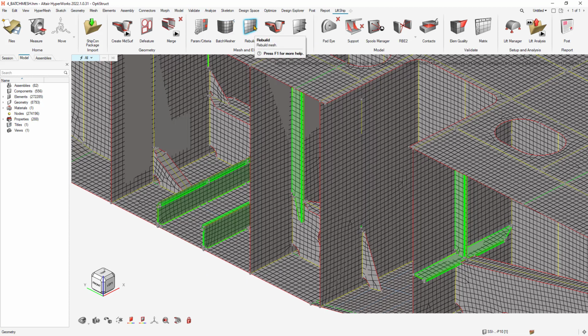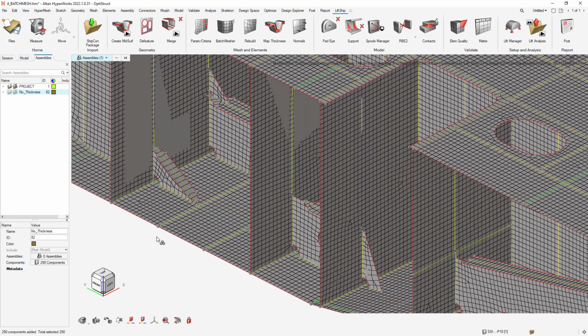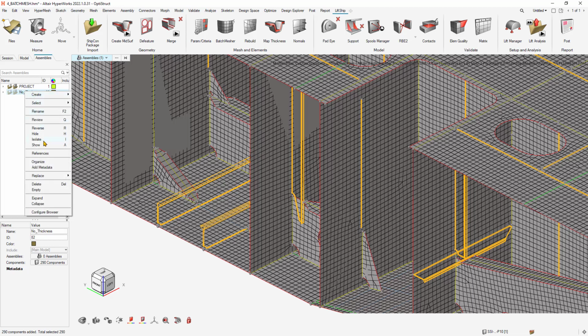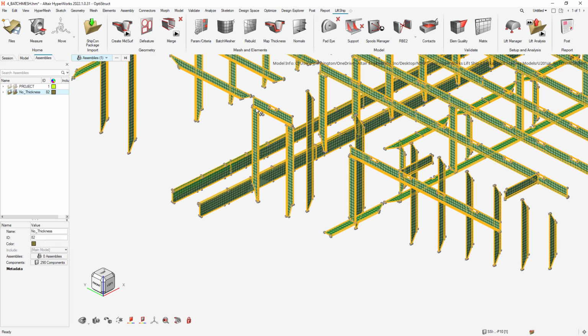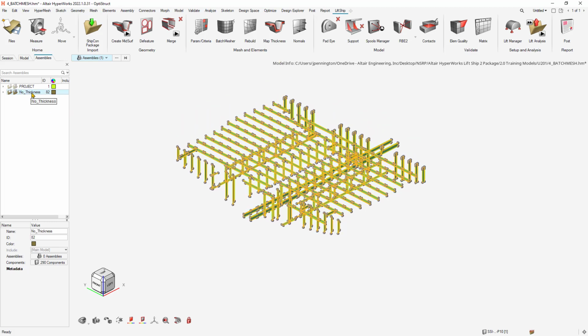The next step is we have this rebuild option, which I'll use on occasion when we want to do the final cleanup. But the next one we want to do is this map thickness. As I had mentioned in my previous videos, in our assemblies, we have a dedicated assembly for those solids, or I should say parts, that didn't have any thickness assigned to them. So I'm going to go ahead and isolate those. If you recall, during the meshing, those surfaces were also included in the meshing. So just isolate those components via the assembly browser,